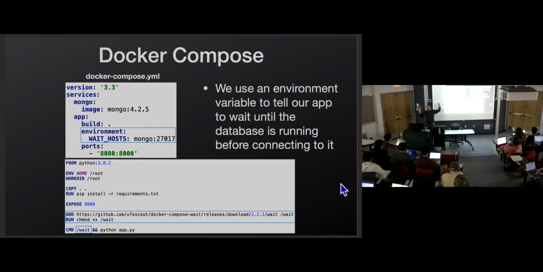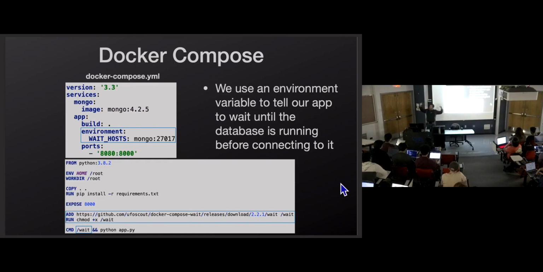So what some students try to do is use depends_on. I like to say this in lecture just because I see it so much in office hours and their code doesn't work. And they're like, well, I found depends_on instead of doing the thing you said in lecture. With depends_on, you can say this service depends on this service, so don't start this service until this service starts. So Docker Compose will now enforce the order in which your containers start.